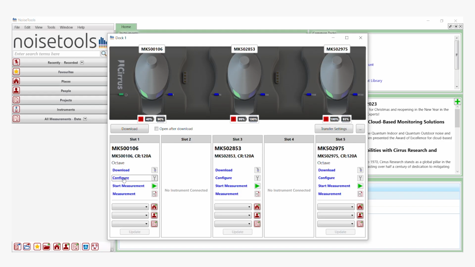So the first thing we're going to do is actually not look at the downloading of the data, but let's look at the configuration, because that way I can talk you through some of the functions that are in there which may be of interest for you to use. So we'll take this one, the first one here. I'm going to click on Configure,